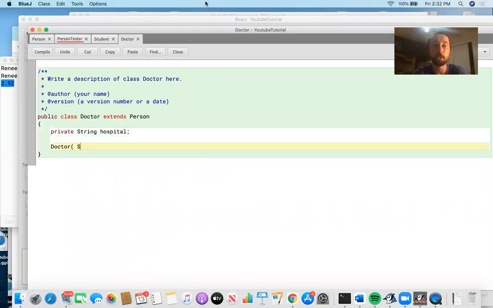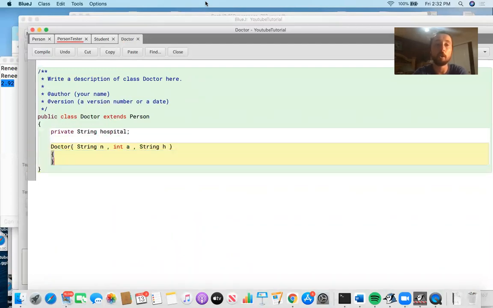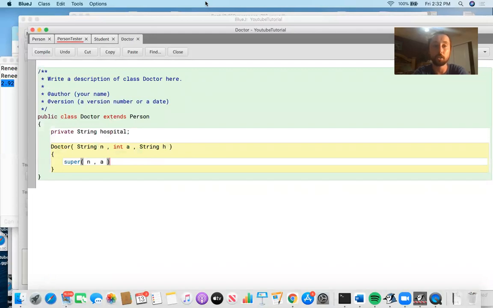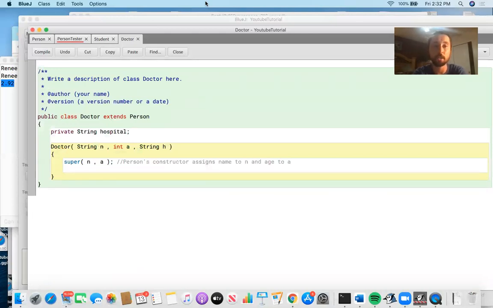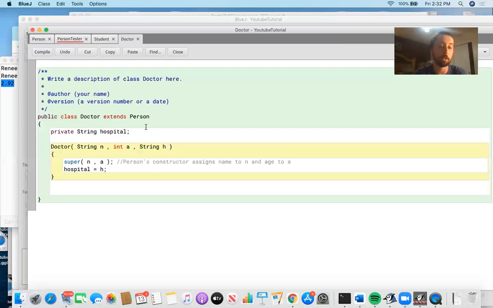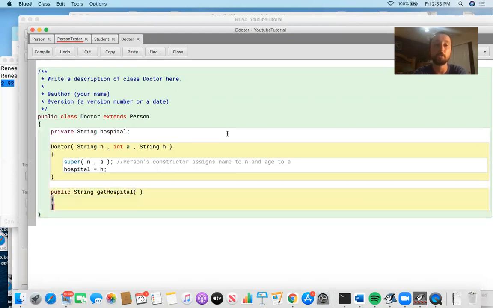And then you'd have your constructors. You could say String n, int a, and then String h or something. And then you could call the superclass's constructor. You would call person's constructor, which assigns name to n and age to a. That's all that it does. And then you would say hospital equals h. And then you could say public String getHospital. So this would be an example of a method that's unique to the doctor class, and you would just return